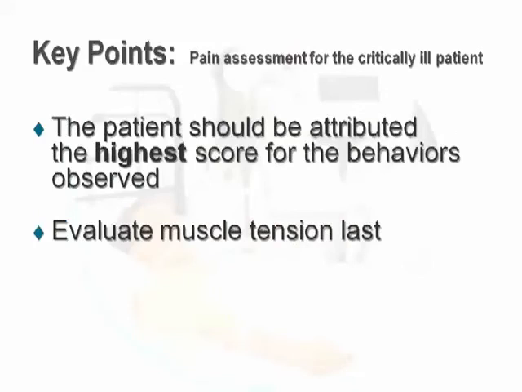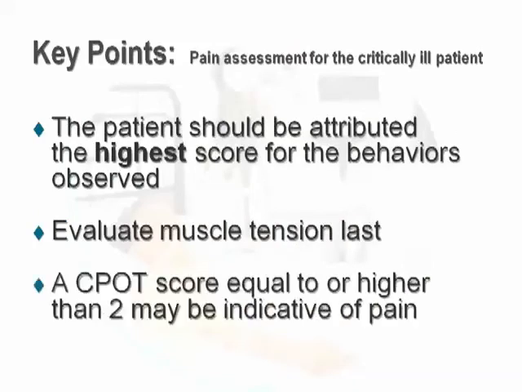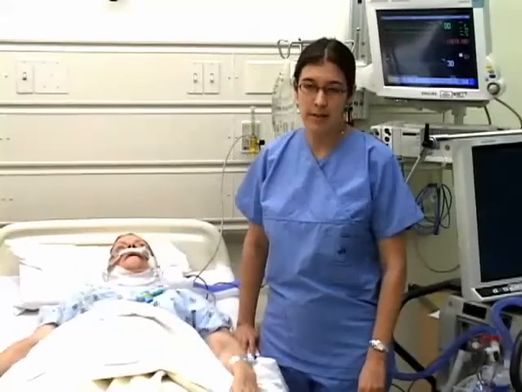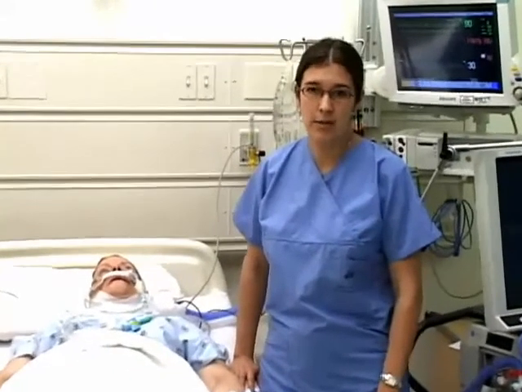Evaluate muscle tension last, especially when the patient is at rest. A CPOT score equal to or higher than 2 may be indicative of pain. Inversely, a decrease of 2 points or more on the CPOT score may be indicative of the effectiveness of your pain management interventions. The CPOT can be used in nonverbal critically ill adults with intact motor function and in the